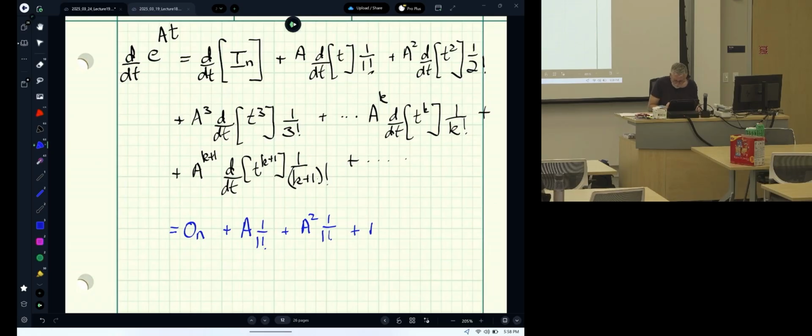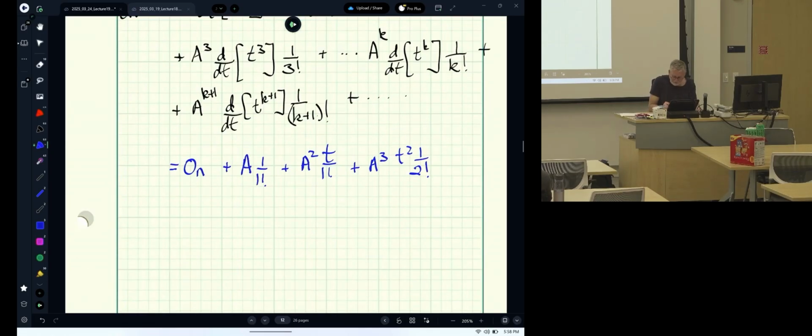Okay, my A cubed. Whoops, I left out the t. A cubed, I differentiate t cubed, I get 3t squared. But I take the 3 and cancel the 3 there, and so I get t squared times 1 over 2 factorial. Plus dot, dot, dot,